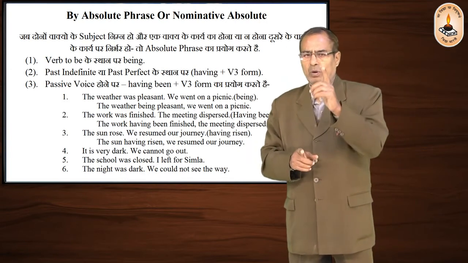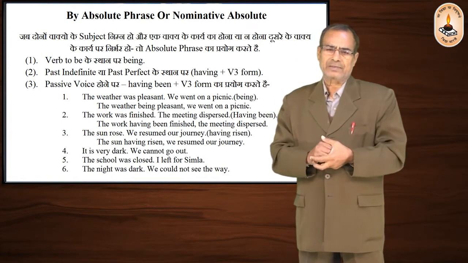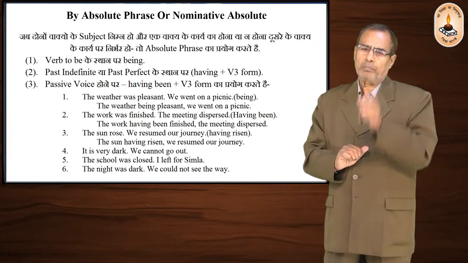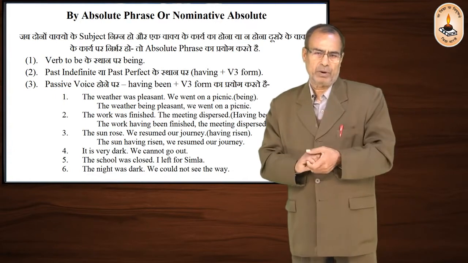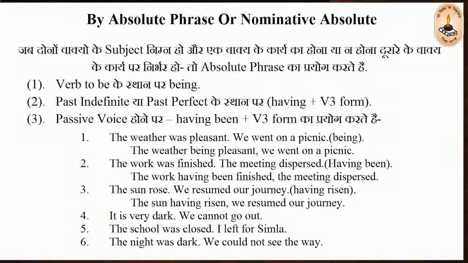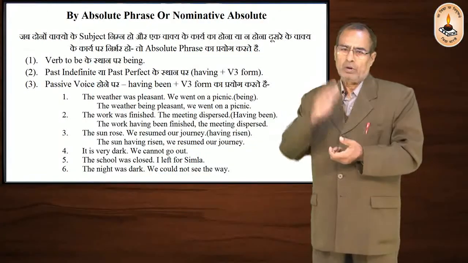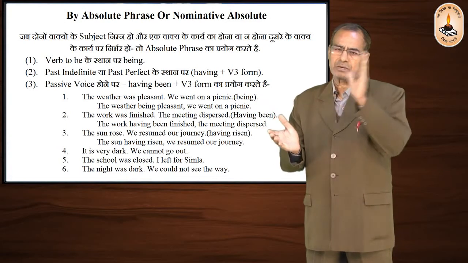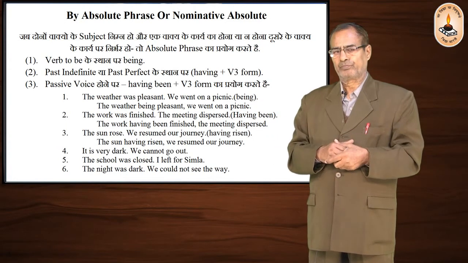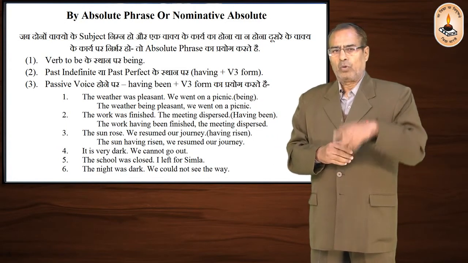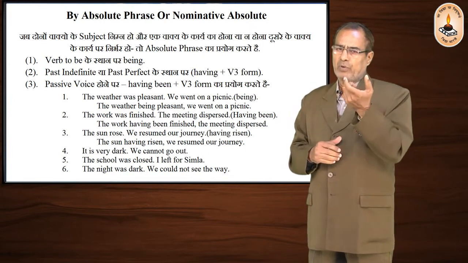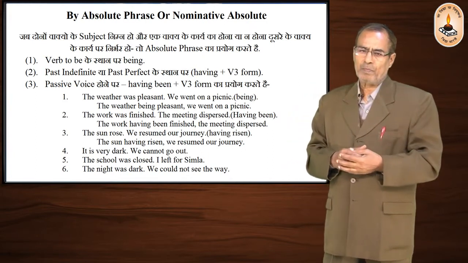We have was as the verb, which is a part of be verb. We went on a picnic. This second sentence depends on the first. So when we have be verb in the first sentence,